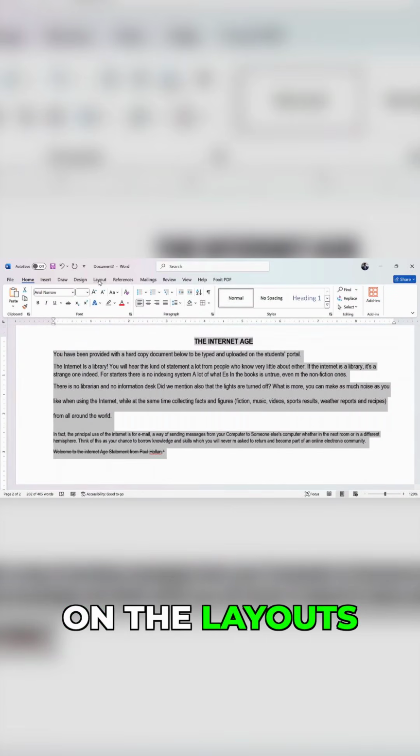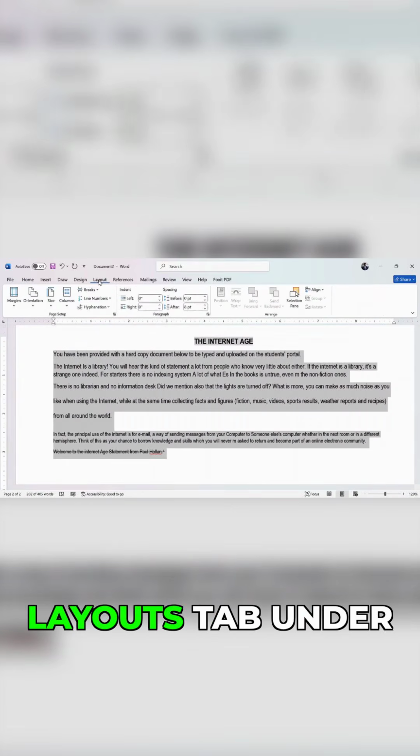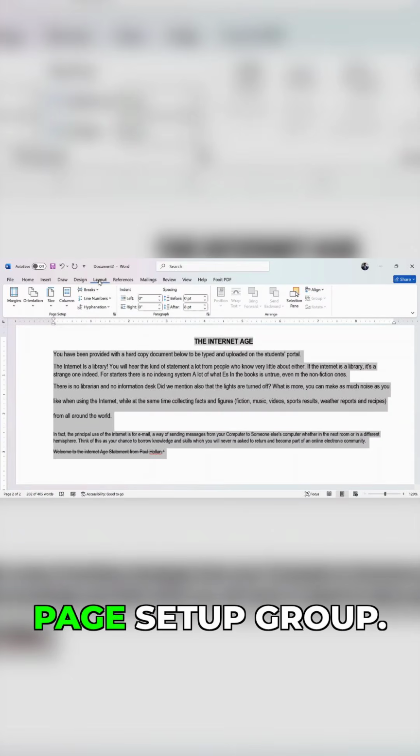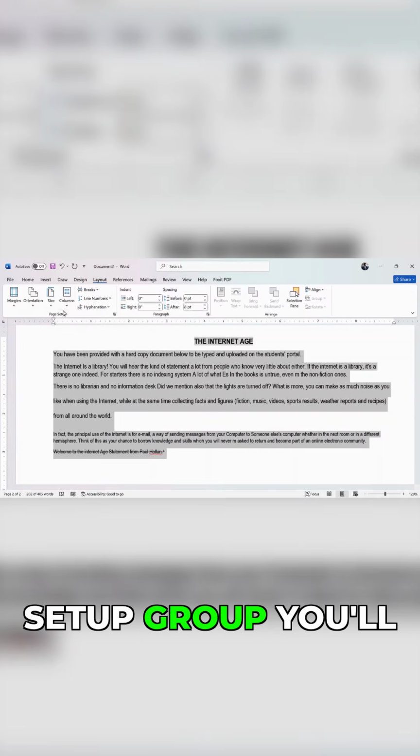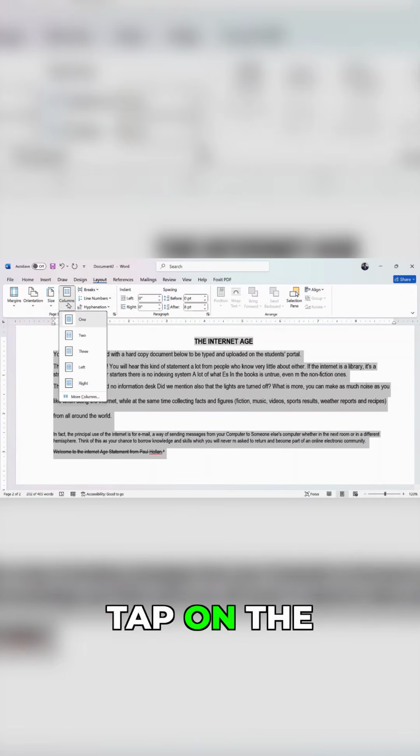It is found on the layouts tab. So I tap on the layouts tab under page setup group. So when I go to page setup group, you'll see columns. I tap on the drop down arrow. I'm not going to tap on 2